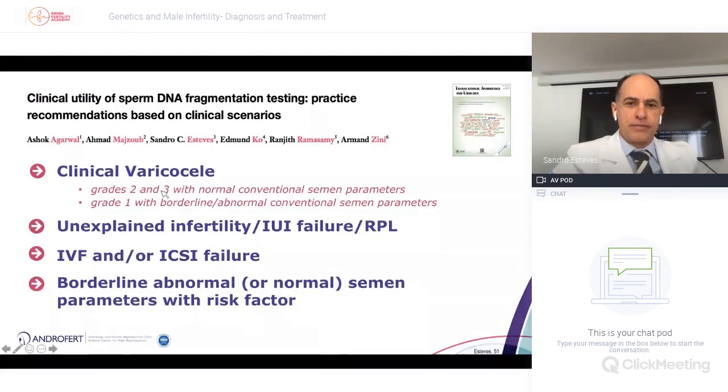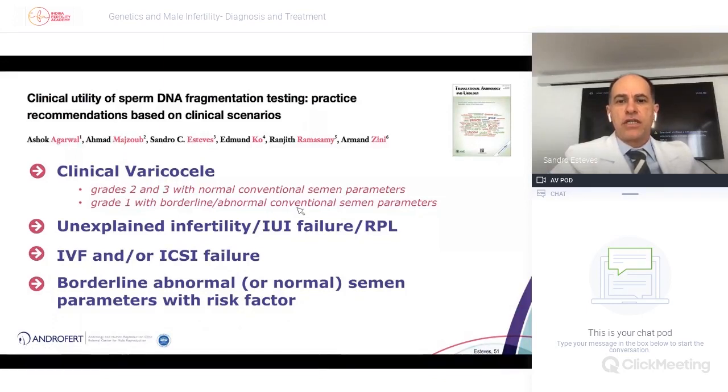So in a case, for instance, I have a grade 2 or 3 varicocele with normal conventional semen parameters that we are not sure if we should recommend surgery or not because the conventional semen parameters are normal, or when I have a small grade 1 varicocele with borderline or just slightly abnormal conventional semen parameters that I'm not